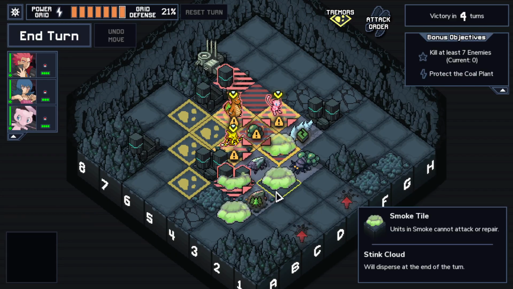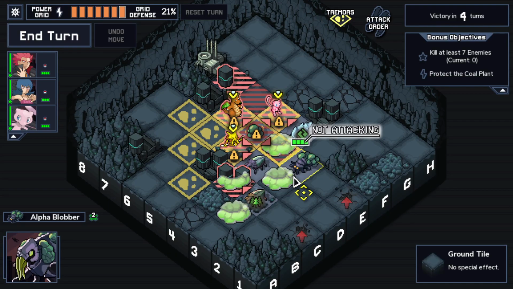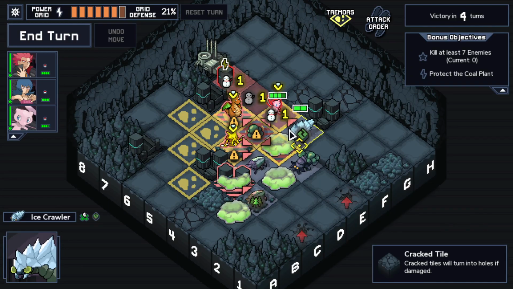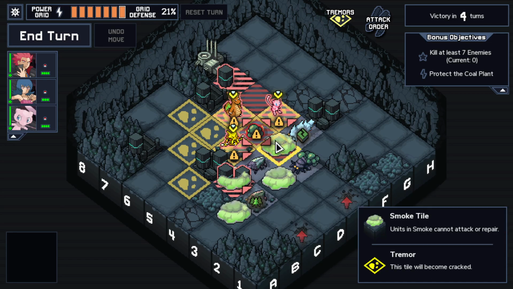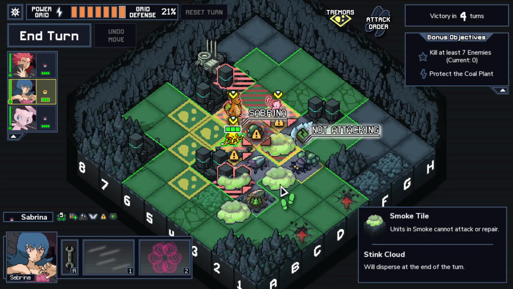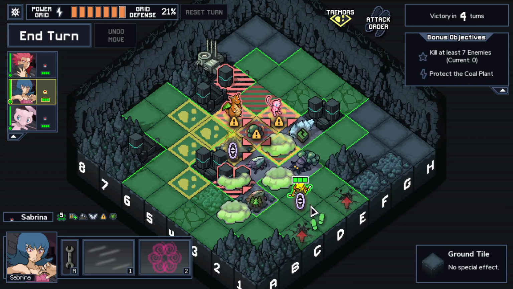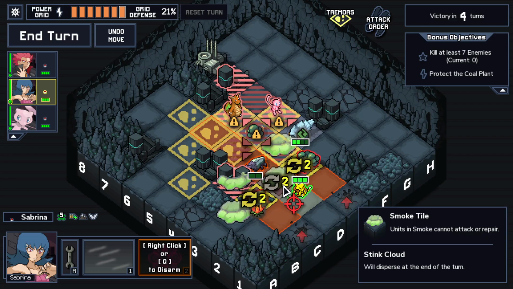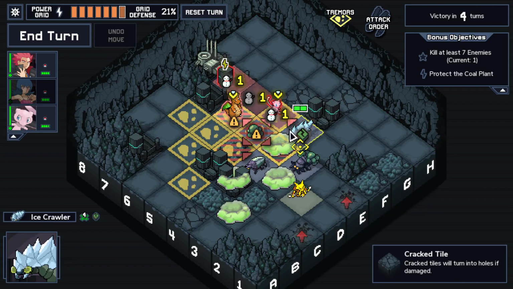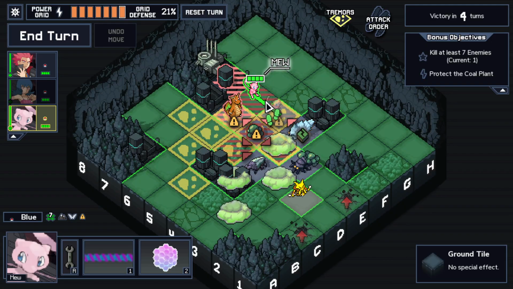Let's see, could do these two, or these two. I'm inclined to have Mew shield over here and kill this guy, so Alakazam can do these two over here. That did not burn the forest, which is not a problem as such, but...